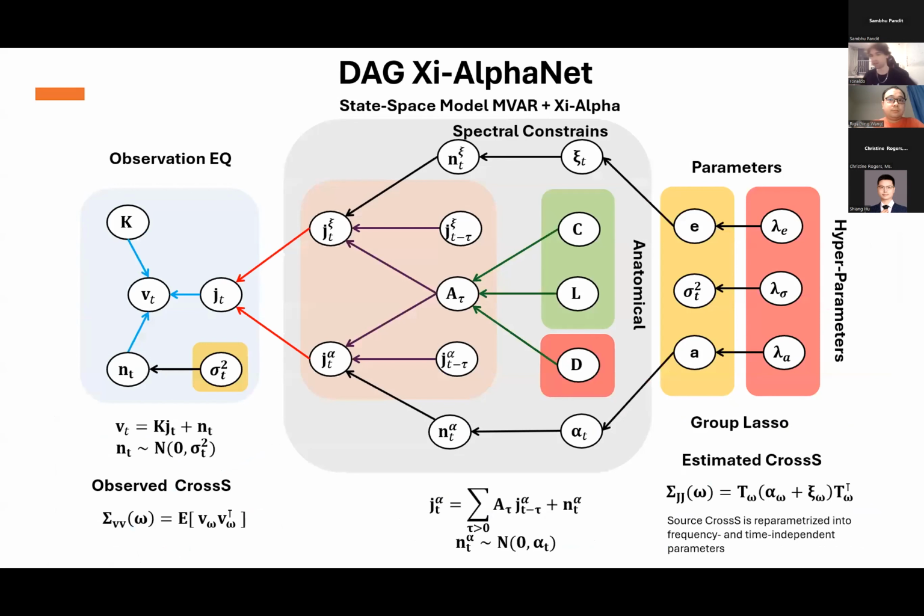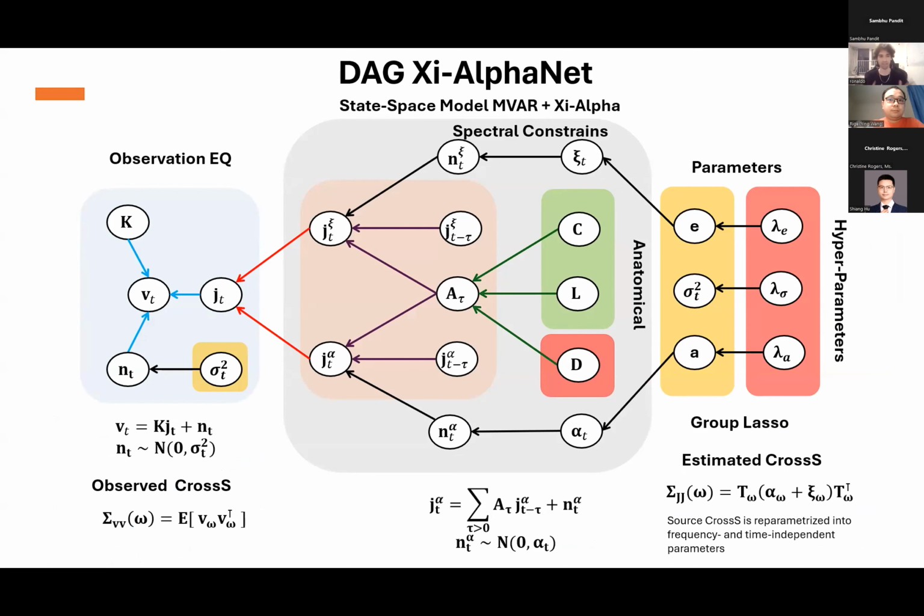So I'm not going to present all the mathematical details of the model. You are going to have that in a bioRxiv preprint and a publication in the future. I'm going to explain here the Bayesian configuration of the Shiang-Hu model and how we integrate all these types of spectral and anatomical constraints in the design of our model.